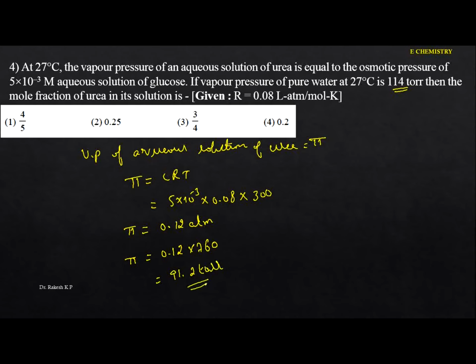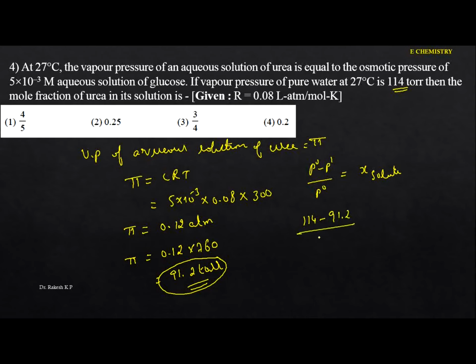So this is nothing but the vapor pressure of the solution. Now what we have to calculate here is the mole fraction of urea in its solution. So we know the RLVP equation, that is P naught minus P dash divided by P naught, which is equal to X of the solute, to calculate the mole fraction of the solute. The vapor pressure of the pure solvent they have given is 114, and the P dash, the vapor pressure we got, is